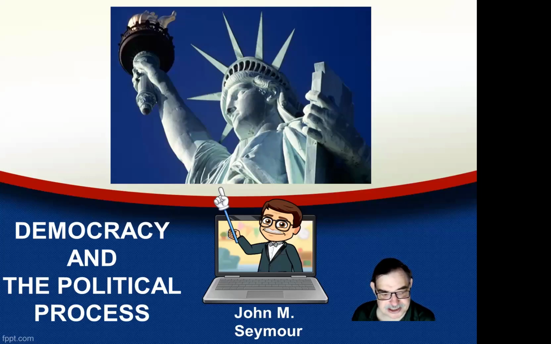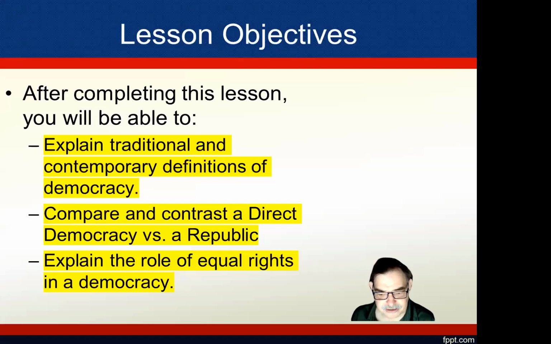And in this first lesson, we're going to talk about democracy, the word democracy and its definition. There are many definitions we're going to look at, and we're going to compare it to the political process. So let's look at our objectives for today's lesson. After completing this lesson, you will be able to explain traditional and contemporary definitions of democracy. You'll be able to compare and contrast a direct democracy versus a republic and explain the role of equal rights